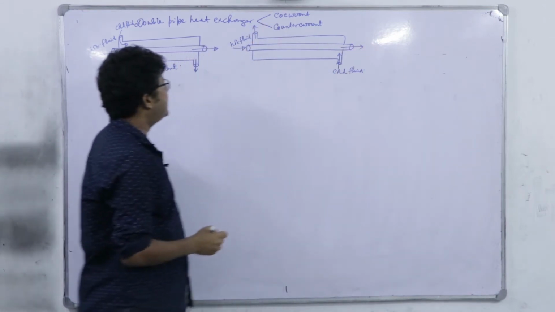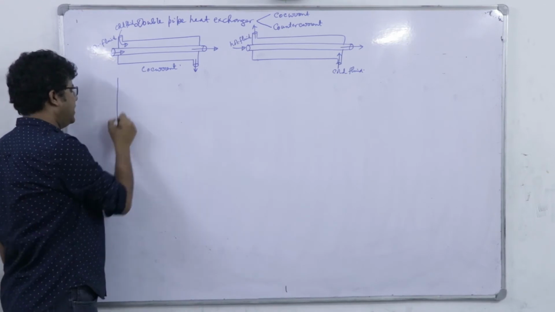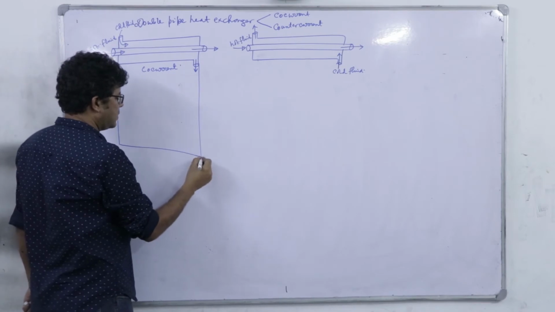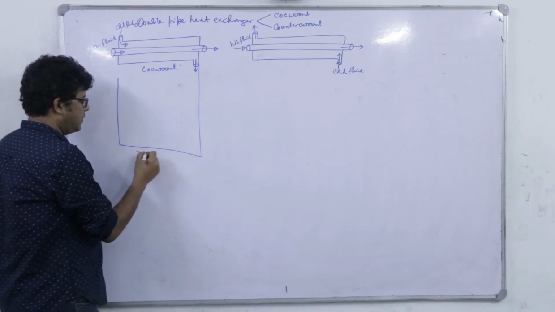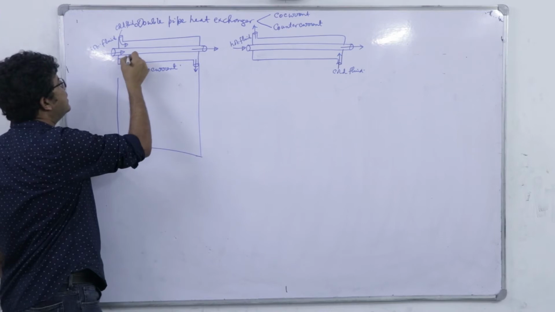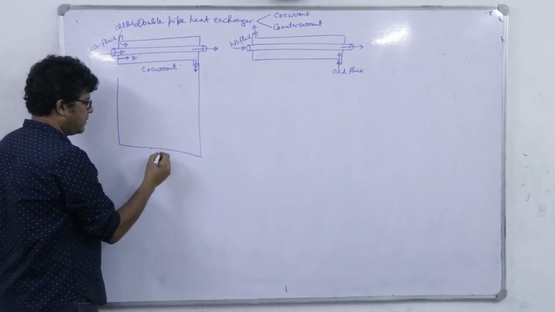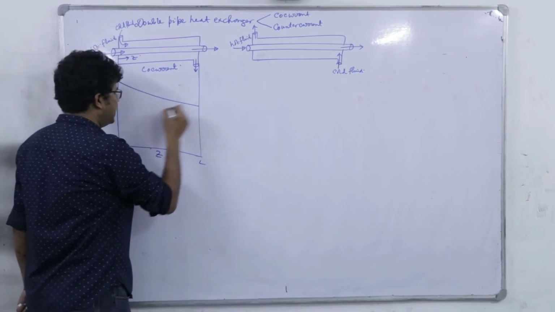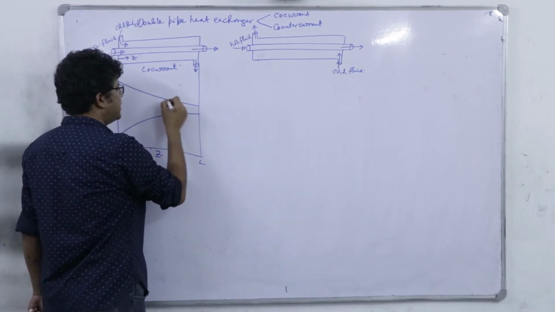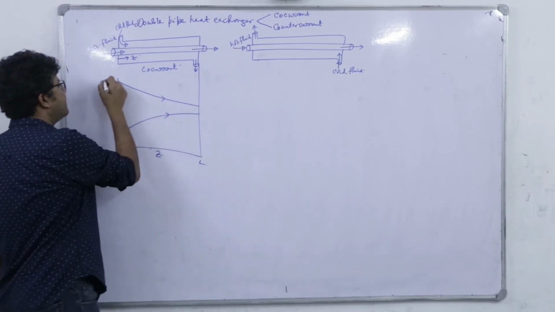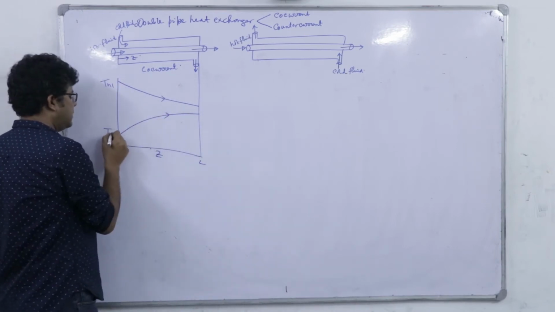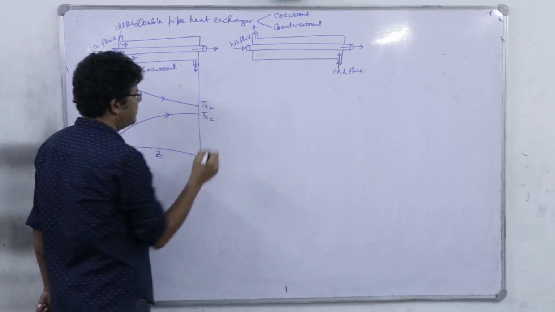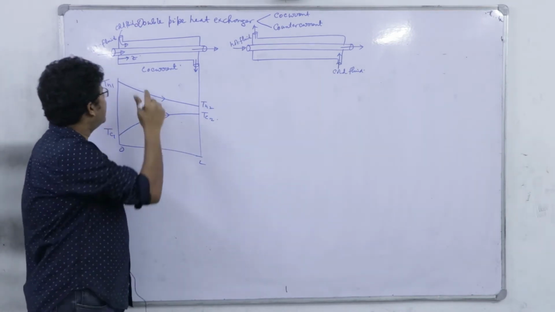So, you see the tentative temperature profile, say this is the Z here, 0 to L. For co-current, the pattern is something like this: TH1, TC1, TH2 and TC2. The difference of temperature at these two ends,